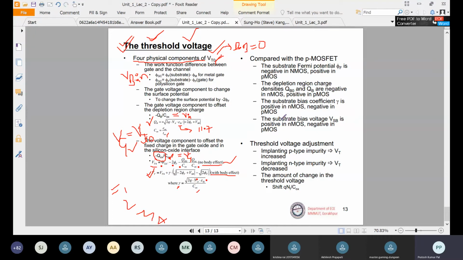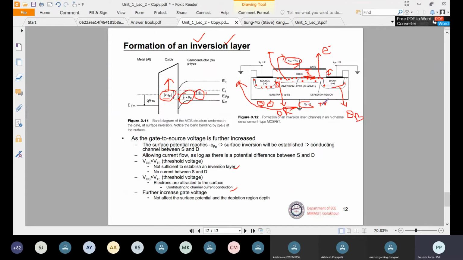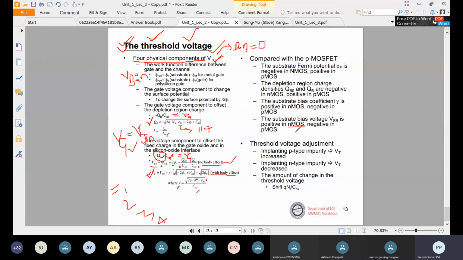Similarly, we can say the substrate bias voltage VSB is positive in case of NMOS. NMOS के केस में positive होता है to increase the threshold voltage. And in case of PMOS, it will be negative. ठीक, तो प्रीवियस अगर हम यहाँ पे देखें, तो अगर हम यहाँ पे पॉजिटिव अप्लाई करेंगे तो ये चैनल का जो डिप्लीशन रीजन है उसको हम कम कर सकते हैं. सिमिलरली PMOS अगर होता तो हमें यहाँ पे नेगेटिव अप्लाई करना पड़ता, देन ओनली ये reduce होता है, डिप्लीशन रीजन reduce.